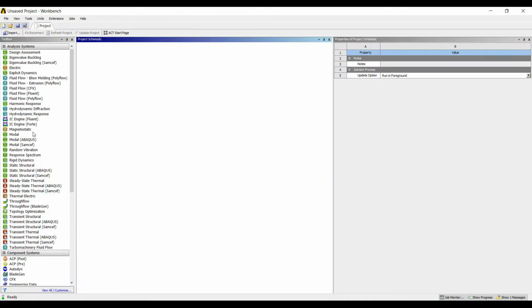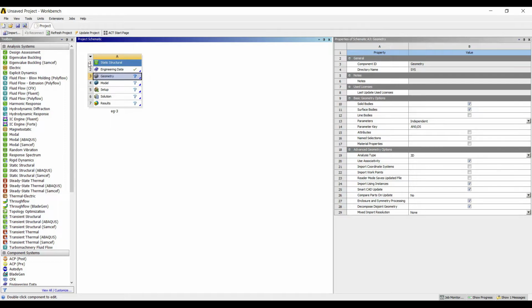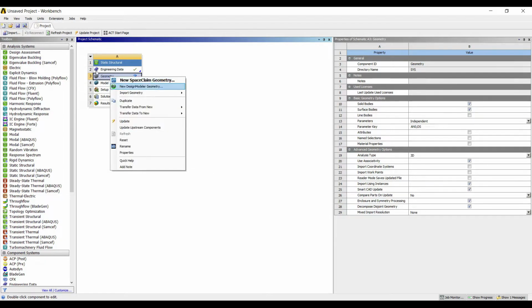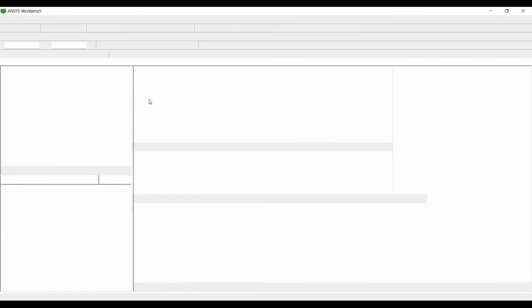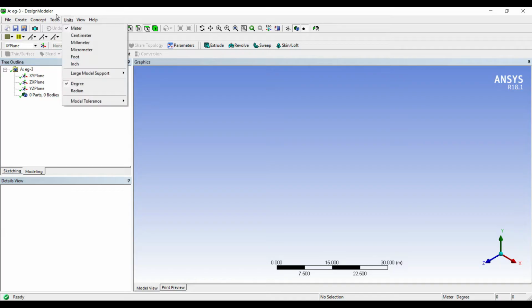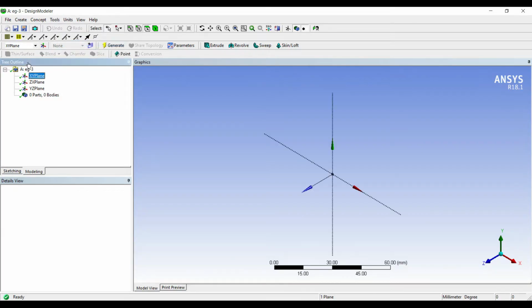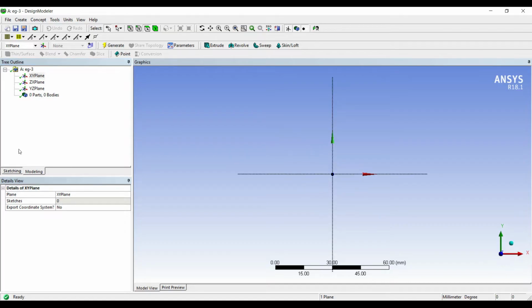I'll go to static structural. I'll rename it as example 3. Right click on geometry, new DesignModeler geometry. I'll go to units, millimeter, XY plane, look at.